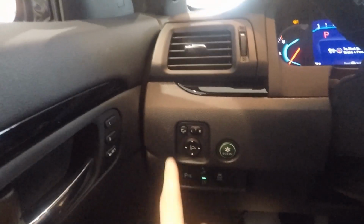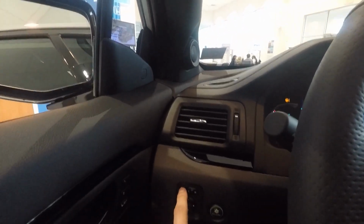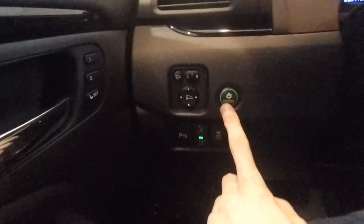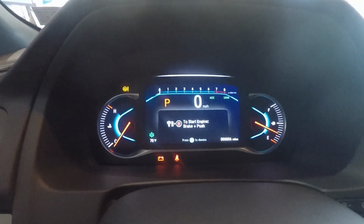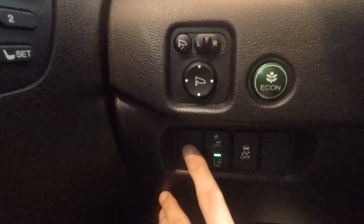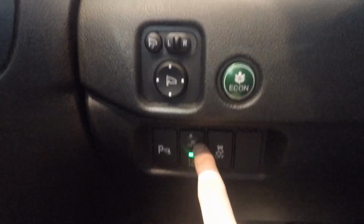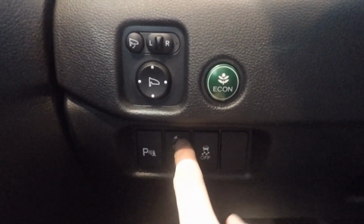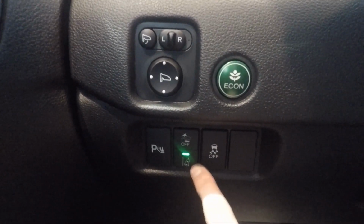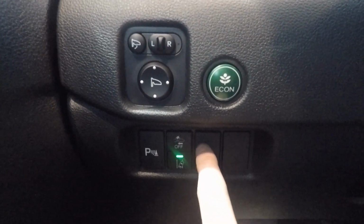Coming around to the left side here, here is your power mirror fold-in button. You get power mirrors as standard. Honda does this Econ button, which actually lessens the throttle input for better economy. Here you have your button to turn on and off the parking sensors. You have your front collision prevention system, your CMBS, your road departure mitigation, as well as your traction control button,